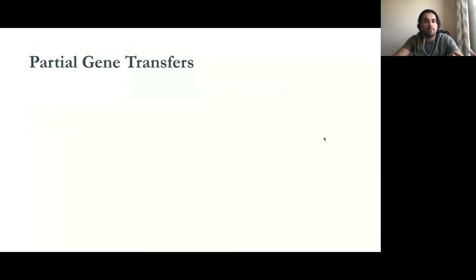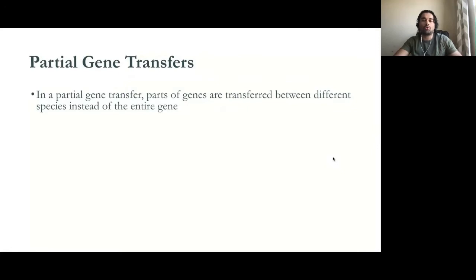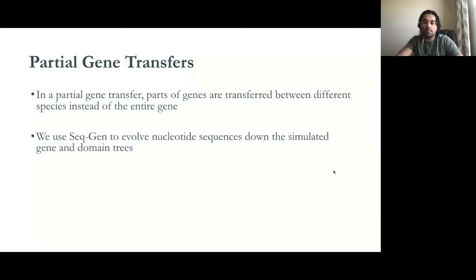And leveraging this ability to generate domain trees, we are also able to implement partial gene transfers. So essentially, in a partial gene transfer, parts of genes are transferred between different species instead of the entire gene. And we can use a tool like SeqGen, in this case, to evolve nucleotide sequences down